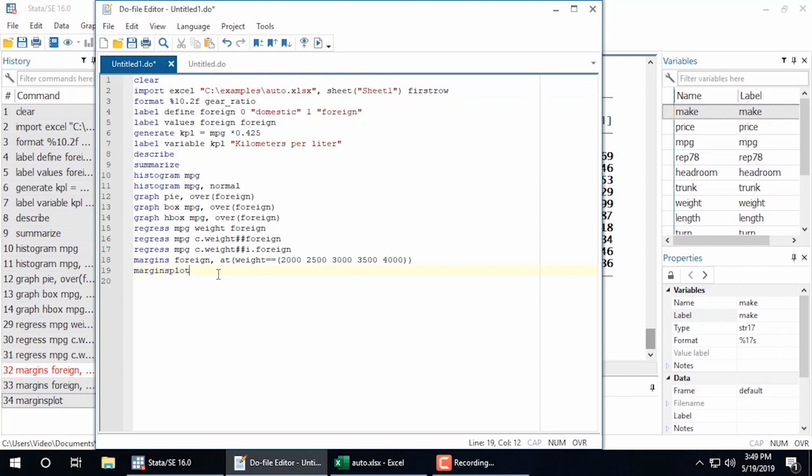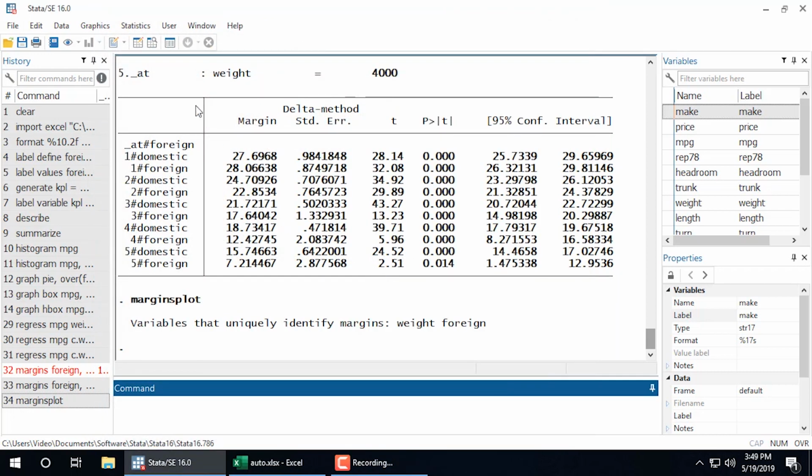This is very useful because all of my analyses are now reproducible. Even though I used the point and click interface, the dialog boxes, I can recreate all of my analyses anytime I like. If you're not a dialog box person and you prefer to simply type commands, you can do that also in the do file editor and then save those and use them again later. A couple other things that I want to show you before I leave here.